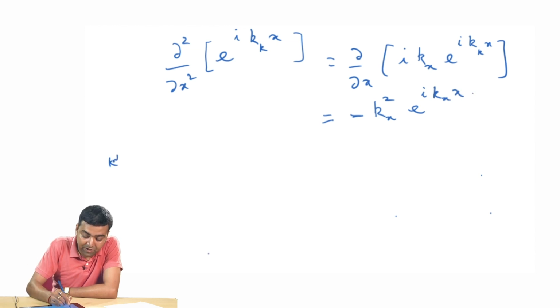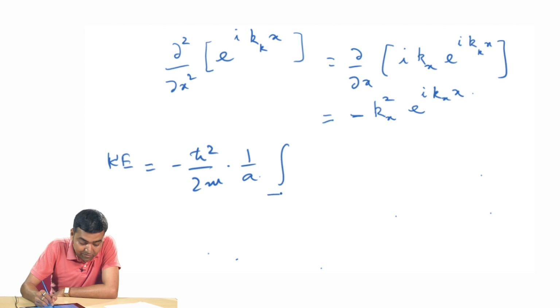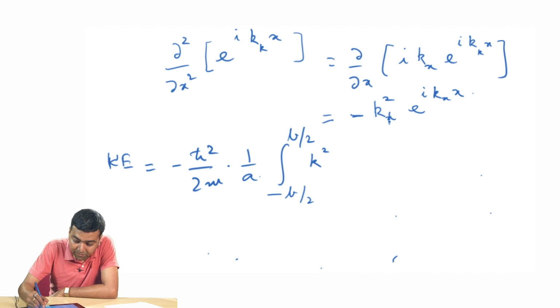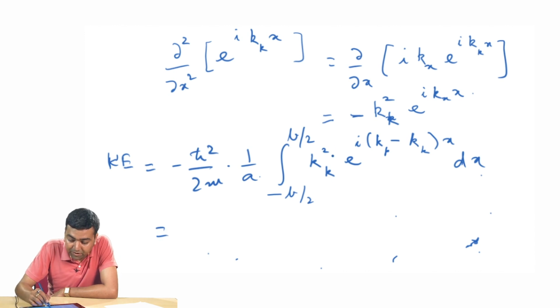Now if I plug this into my kinetic energy matrix element, what I will get is minus h cut square by twice m into 1 by a integral from minus b by 2 to plus b by 2 of k square, sorry, this will be k square k e to the power i k p minus k k x dx. This again I can bring out of the integral here, and this